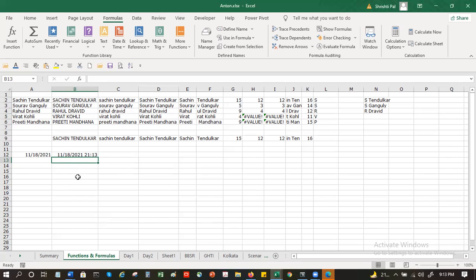Now I have a question here, which will really help me. Say, for example, I know the date as it is mentioned here in A12. And I want to find out the exact day after 120 days in A13. How would I do that? Let's say 120 days after 18th of November 2021. So simple. That's it.